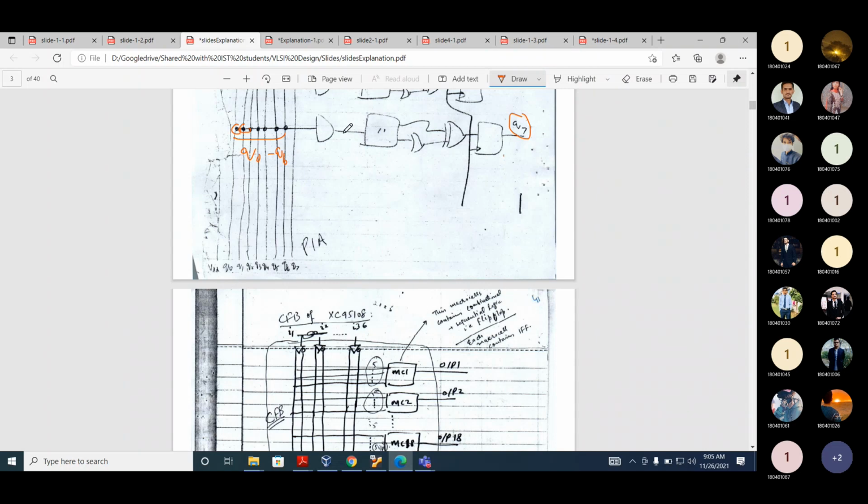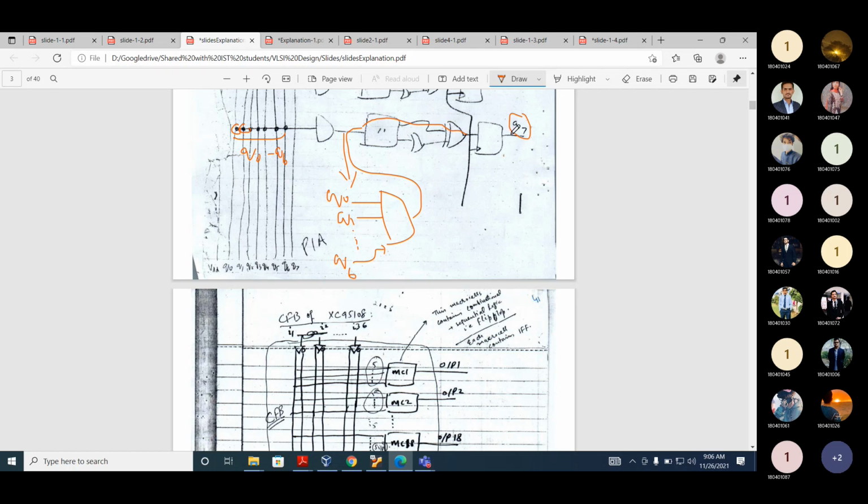Actually, the function that will be implemented here will look like this. This AND gate will implement Q0, Q1 up to Q6. That function will go directly here and to feedback.